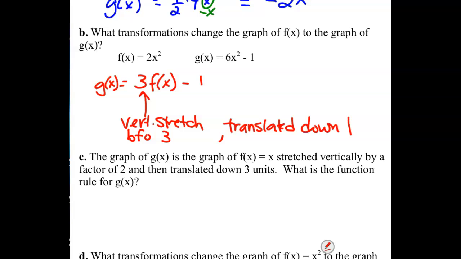Agree with that? That would take our 2x squared and turn it into a 6x squared minus 1. Okay. Our next one